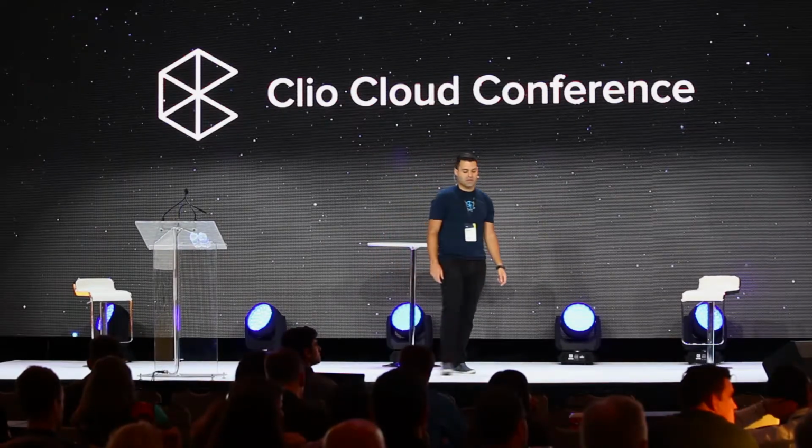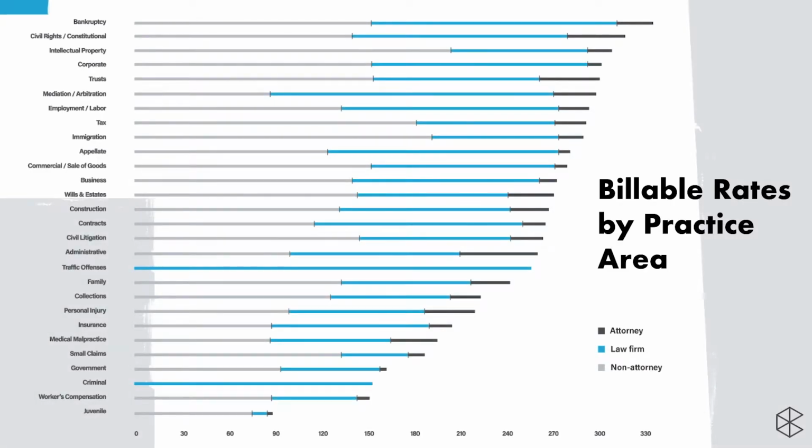I don't want to hammer everyone with every single data point. I encourage you to read more. The other thing we were able to do is create this cool data visualization where you can see the gray line, which is where the attorney rate ends, the blue line, which is where the law firm rate ends, and the non-attorney line, where the price points end, and break them down by practice area. So I encourage you to go to the report. The first thing everybody should do is look up their practice area and, of course, see how they compare. The other thing I mentioned was breaking things out on an urban versus rural divide.